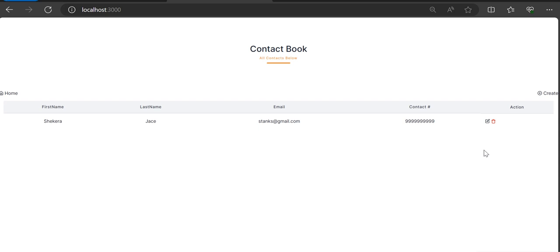So today we're going to build a full stack CRUD contact book application using Next.js 14, in particular server actions. We're going to use Mongoose to query our database, MongoDB to store and organize our data, a little bit of